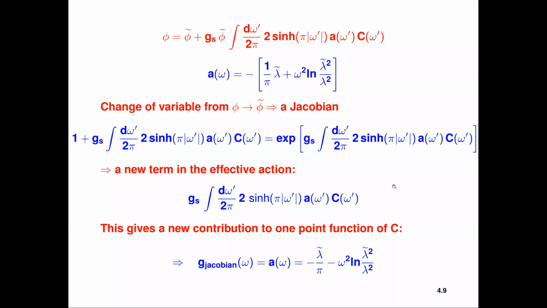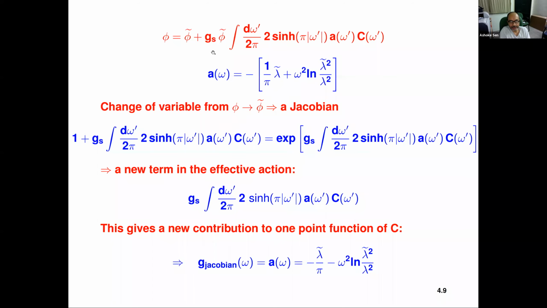Can I ask a question? Yes. So here you determine this field redefinition knowing how the amplitude is supposed to depend on the D-instanton moduli to begin with, by this exponential. Now, if you have more than one D-instanton, the moduli space is not translation invariant. What would be the more general strategy to determine the field redefinition? In that case, I would say that you don't do any field redefinition for every modulus. For the center of mass coordinate, you do a field redefinition. See, we are doing this field redefinition because you want to get the delta omega term.